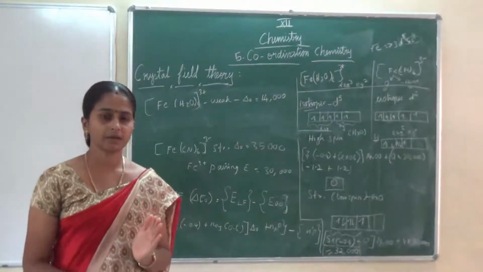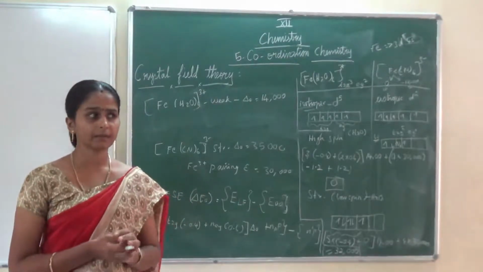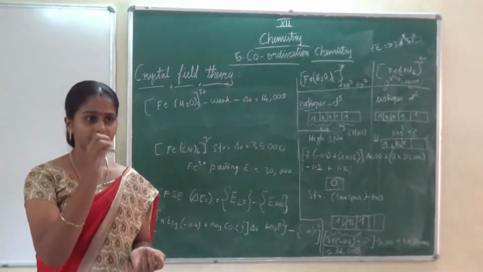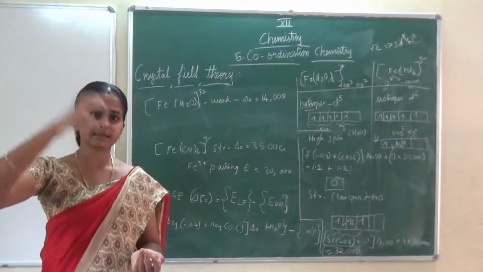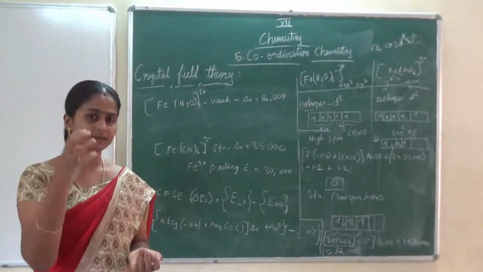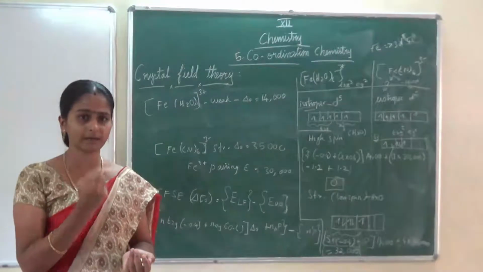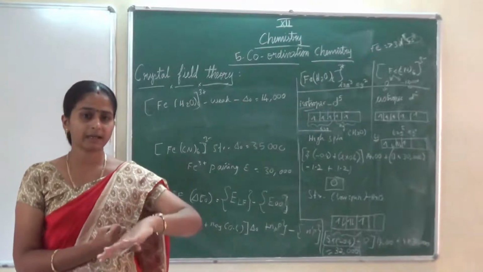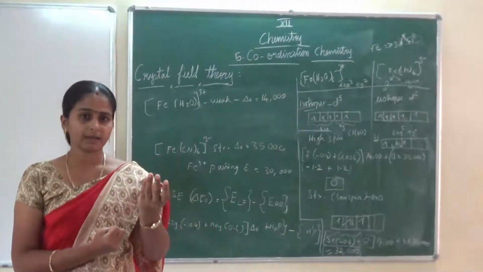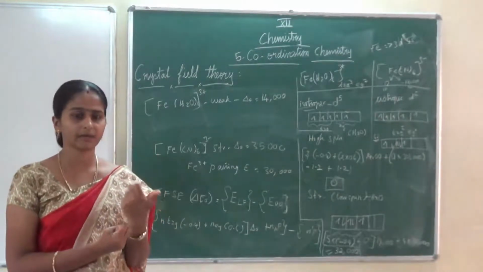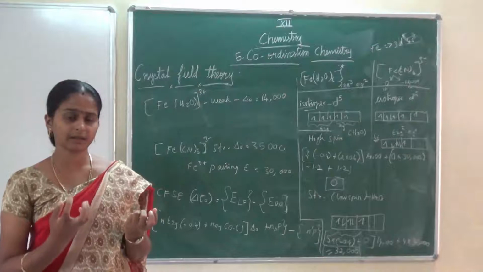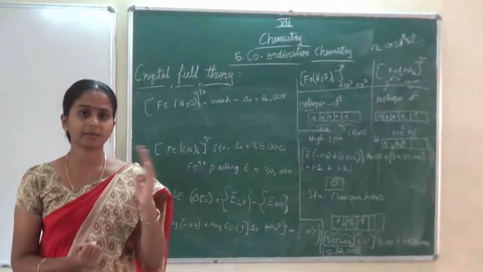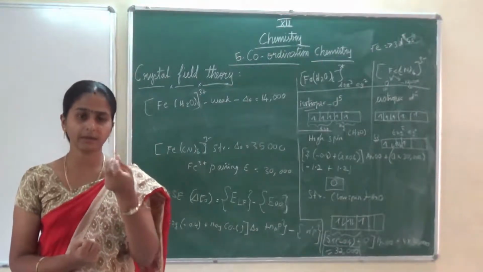Before seeing this, I want to tell one thing. Whatever object we see with our eye is actually not a particular color by itself. When white light, that is sunlight, falls on it, the substance absorbs a particular color of light, and the remaining color is emitted. The remaining color which it emits is the color that appears to our eye. For example, if orange color is absorbed by a particular substance, it will emit the remaining colors.